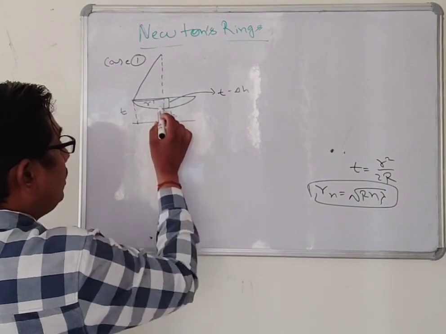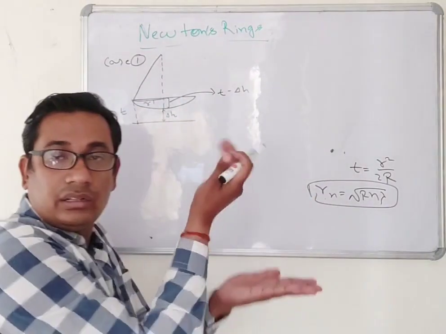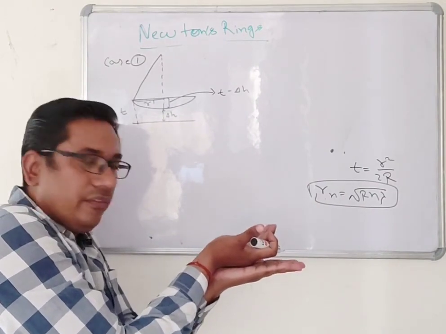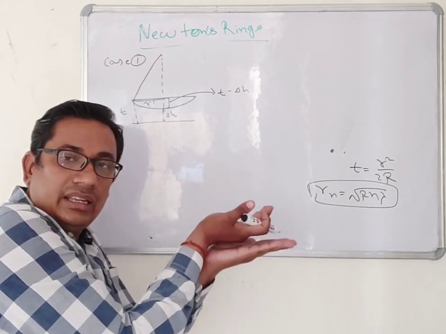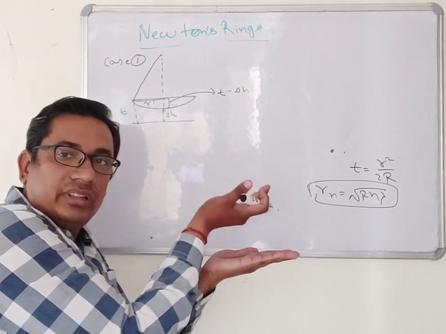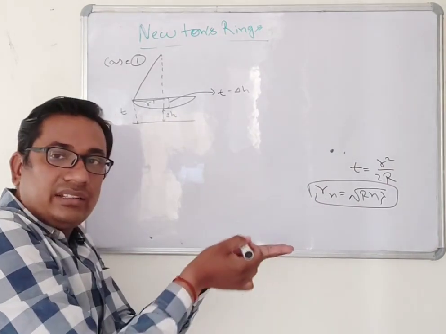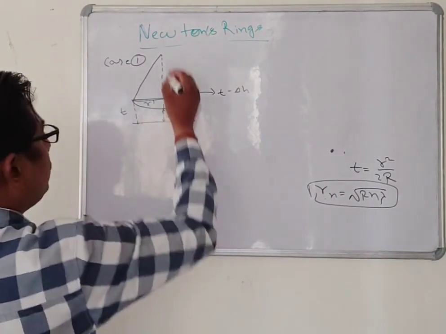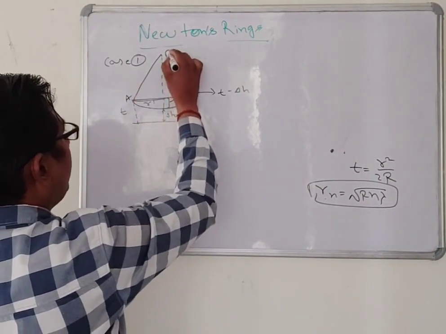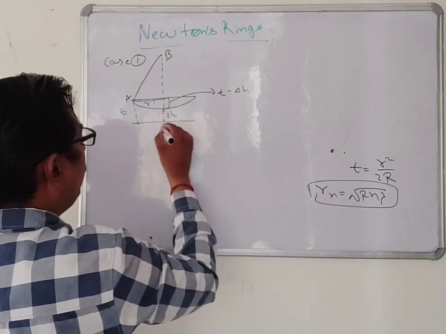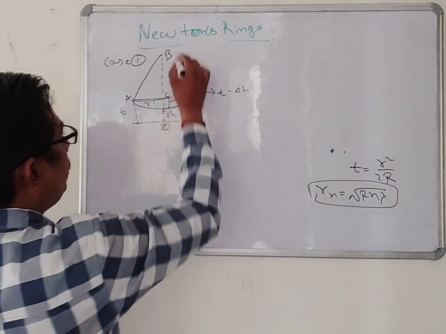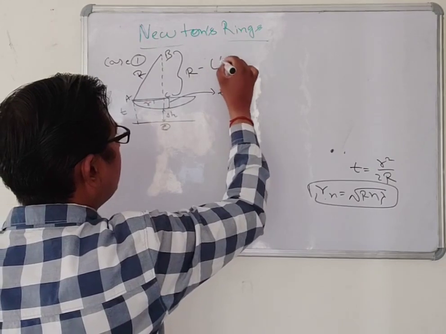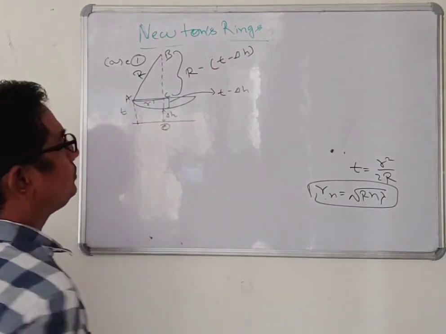So you can see that R is basically used when the plano-convex lens is just in contact with a glass plate. When we slightly increase the height of the plano-convex lens upward, you will see that at a distance delta h, the thickness of the film is like that. This one is A, B, C, O, C. You know that this is R, and the distance is R minus T minus delta H.